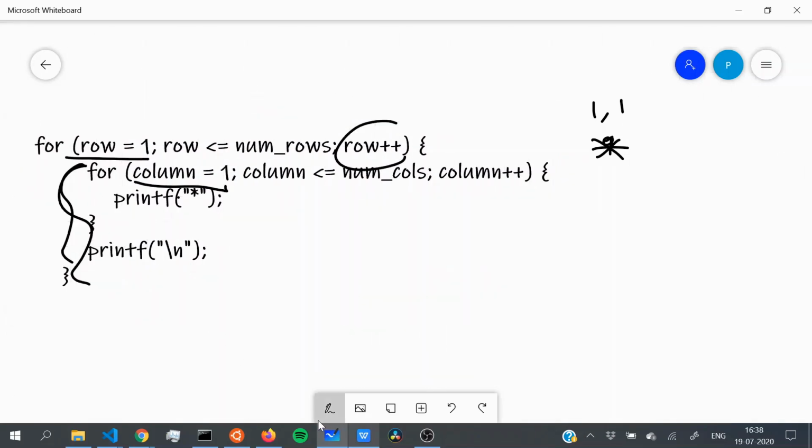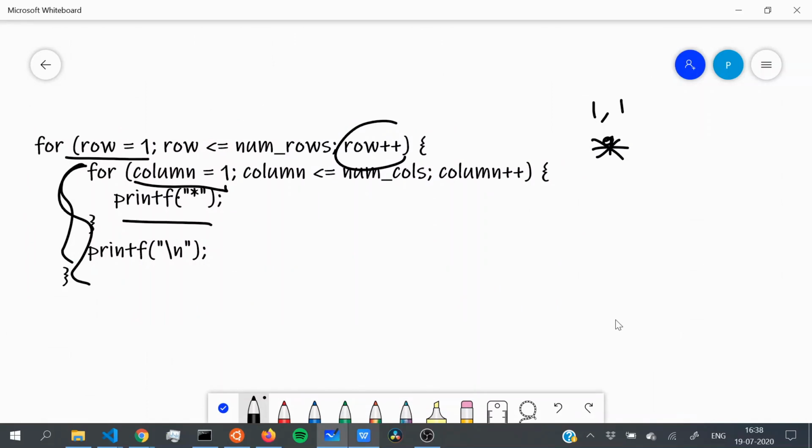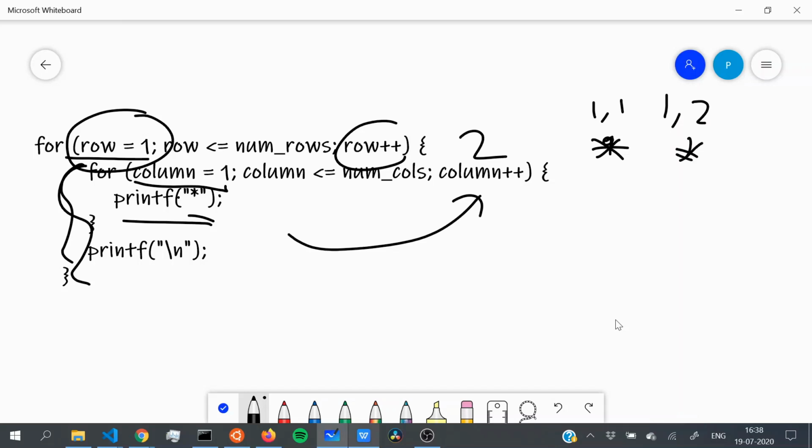Okay, so once we have that, next we have to update our column, because our column loop is still not complete. So our column becomes 2 now, and our row still remains 1. So right now we are at row 1 column 2, and then we have a star to print, and this goes on